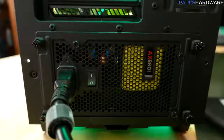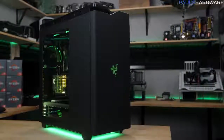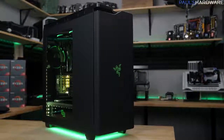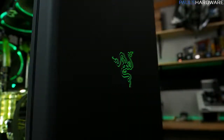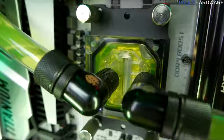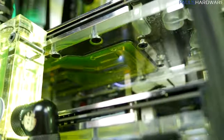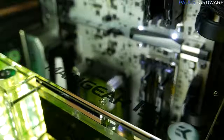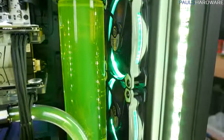The power supply is a Corsair AX860i with the sleeved cable kit, and the case, again, is the NZXT H440 Razer edition with green underglow and glowing Razer and Maingear logos on the front and PSU cover, respectively. Water cooling is handled with components from EK, Bits Power, and E-Coolant. EK handles the CPU with the Supremacy Evo AM4 Edition CPU block, GPUs with full cover clear acrylic blocks and chrome finish reflective backplates that really look nice with the MSI motherboard in there, and then the DDC X-Res combo pump and reservoir sits towards the front of the case,